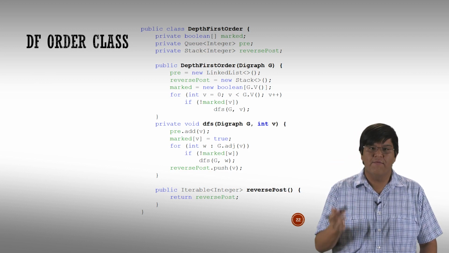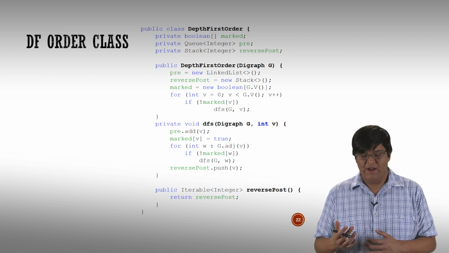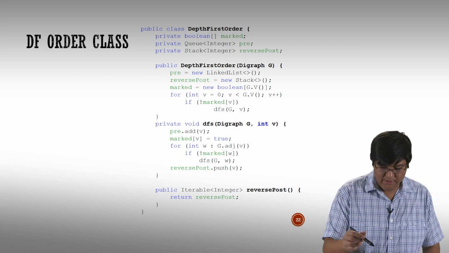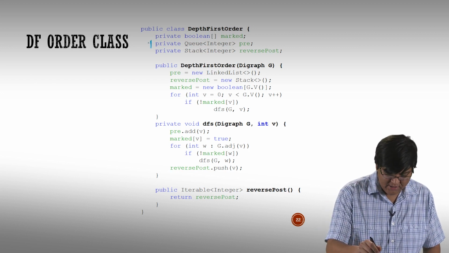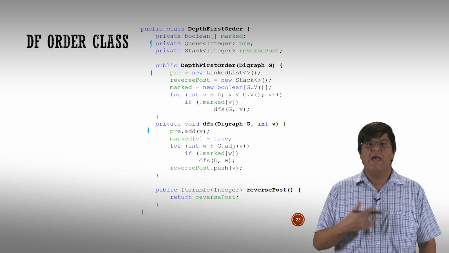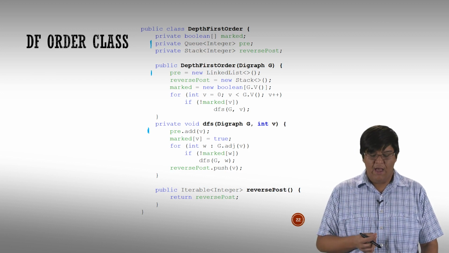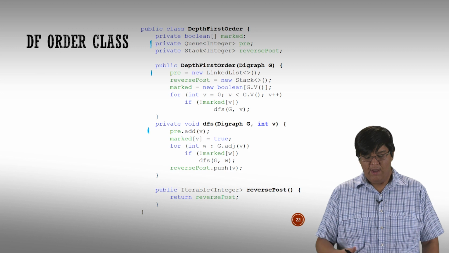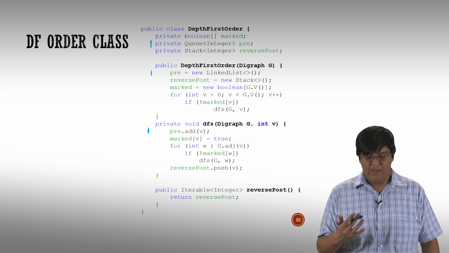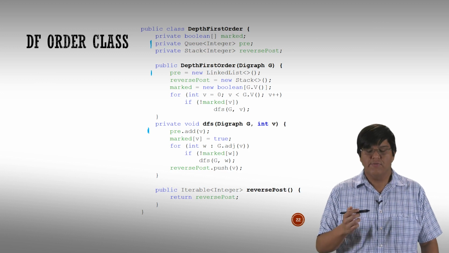So first of all, what does it mean to have a pre-order traversal of a graph, right? I know that DFS is going to go and look at every single node in my graph. So that's cool. What do I do here? Well, I changed a few lines. I changed this line over here, this line over here, and then this line over here. I added a new instance variable, a queue, to store the things that I see. Then I initialize it in the constructor. And then in DFS, as my algorithm moves through the tree, I'm going to add each node to the preorder as I see it, right? So I'm just making a note of what I saw as I move through the tree. That's all I want to do.